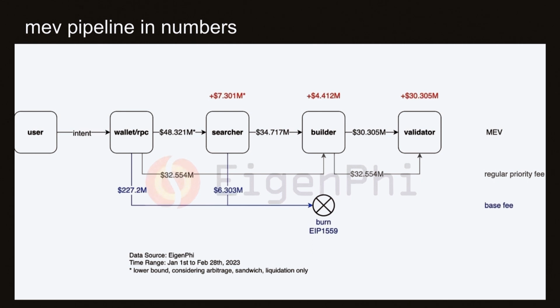What's invisible here is two things. One, the amount that the searcher actually makes off chain, which is not seen, because if you look at on-chain data, you see MEV goes to validators. Well, guess what? Most of the MEV actually goes to people on Coinbase, people on Binance. You just can't see that on-chain. And the other thing is relays are missing here. They're not making any piece of the pie.